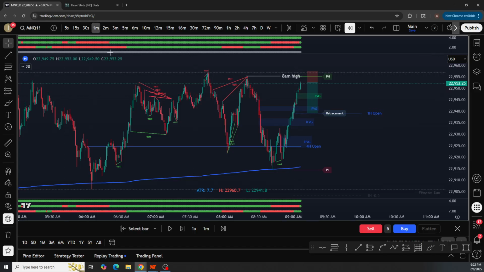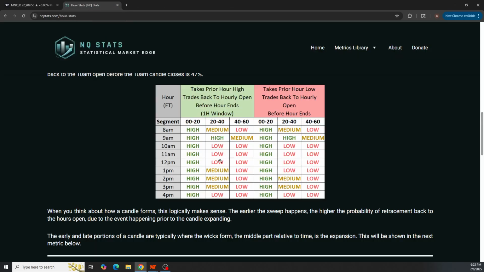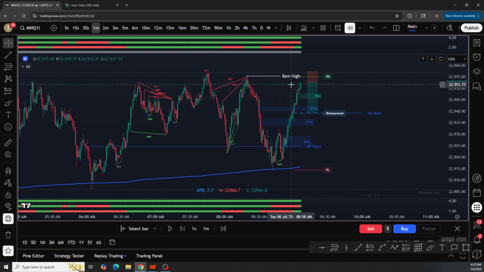So I'm just going to go through that. This is market replay, a 1 minute chart. The dots indicator is up here, London dots down here. This was about 9 o'clock in the morning. One of the statistics that Chris at NQ Stats has is the hourly stats. What this little chart says is, when the previous hour high is taken in a certain time window, so 0 to 20 is the first third, the first 20 minutes of the hourly candle. So 9 a.m., this is the 8 a.m. high. So when this high got taken,